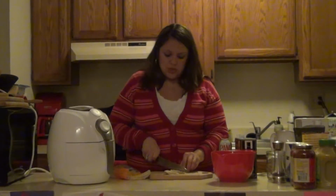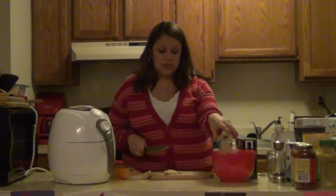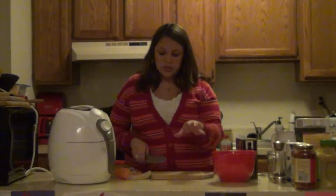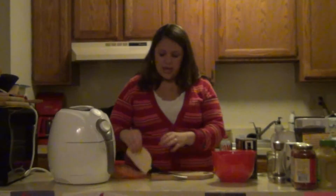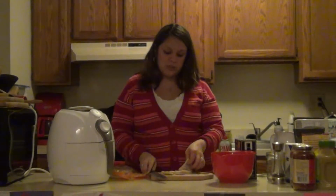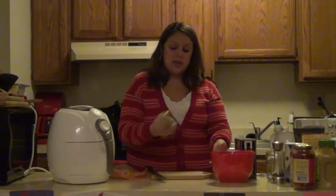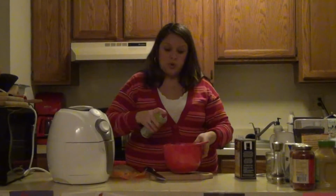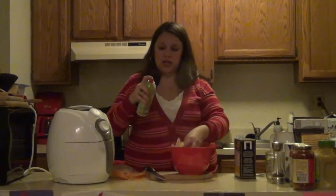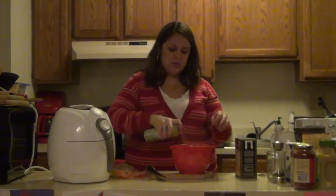So as I tested it, these chips took about 10 minutes at 392 degrees, and they cooked, and they were nicely brown, not too brown that they were burned. They were perfectly crispy, and I didn't really add any oil at all. I just used some olive oil spray here, non-stick spray. Here's Pam Superior Non-Stick, and I make sure that I just spray the chips, kind of toss it so I can get some more chips and more spray onto the chips,